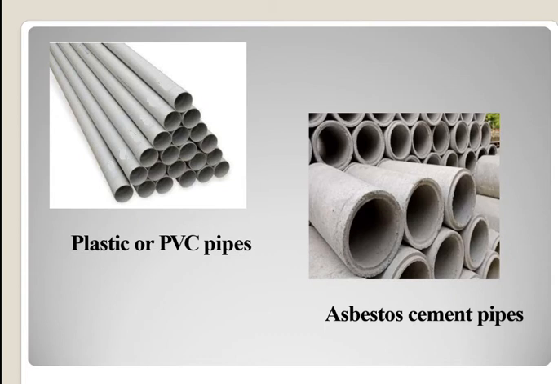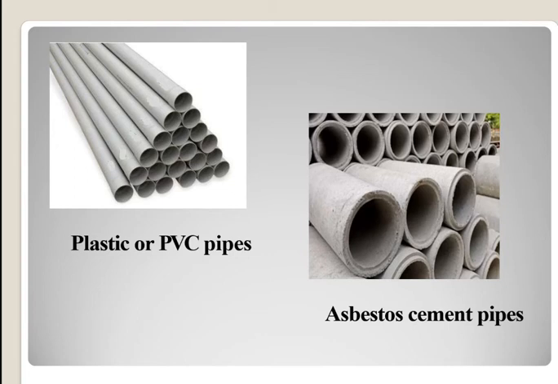Now, there are various advantages for using the cast iron pipes in the water supply scheme. Firstly, it is the ease in jointing the pipes, and also it can withstand very high internal pressure. Then it has a very long design life, say up to 100 years, and they are comparatively less prone to corrosion. And the main disadvantages of the CI pipes are they are very heavy and difficult to transport,